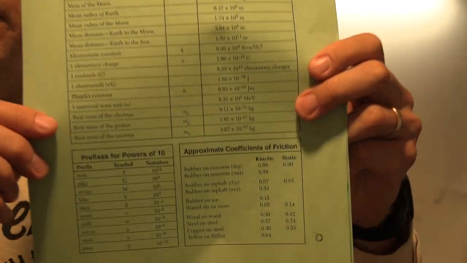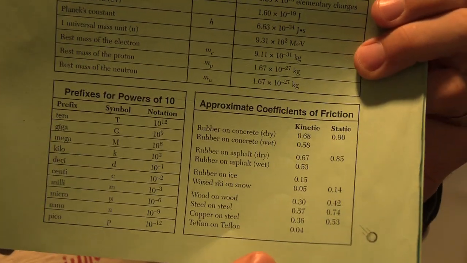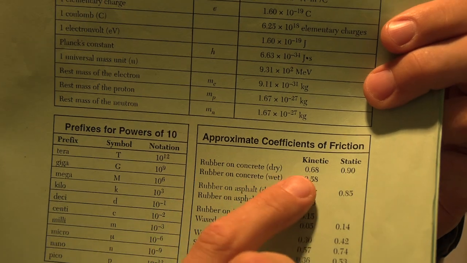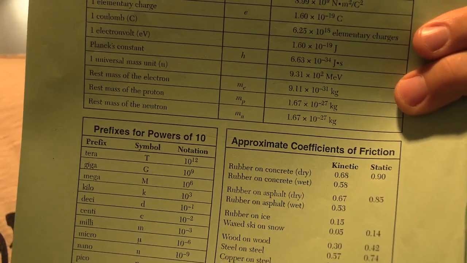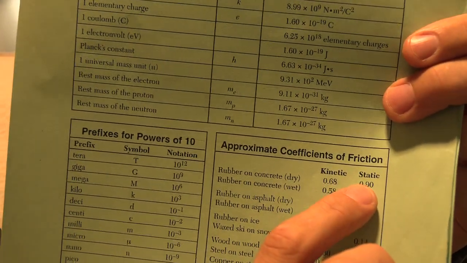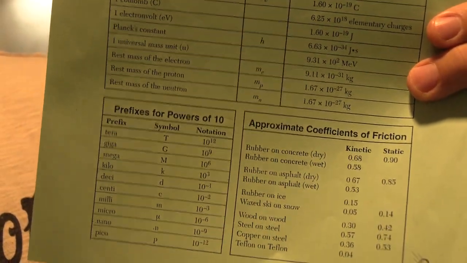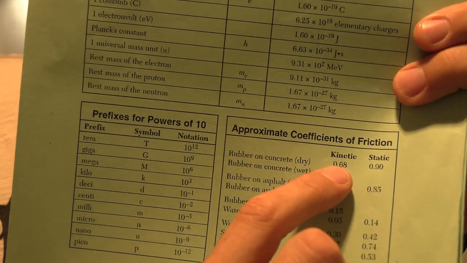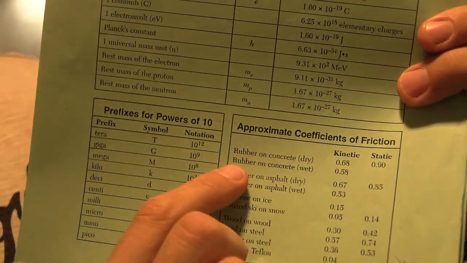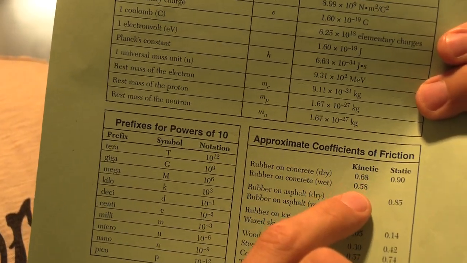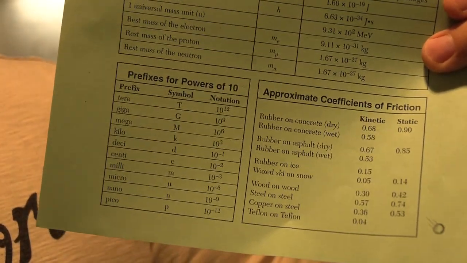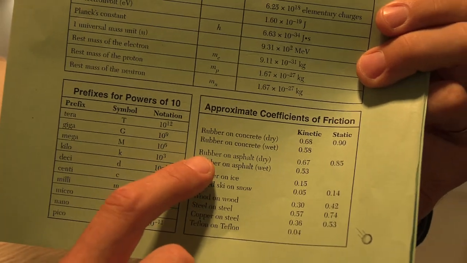At the front cover at the bottom right, you have approximate coefficients of friction. You have some surfaces. Rubber on concrete, 0.68 and 0.9. So this is the static value, the friction to just the point where the surfaces are going to slide. This is when they're sliding, you plug in that value. Notice rubber on concrete wet, slightly less. Wet roads are more slippery. That's why they say you should drive slower. We got rubber on asphalt